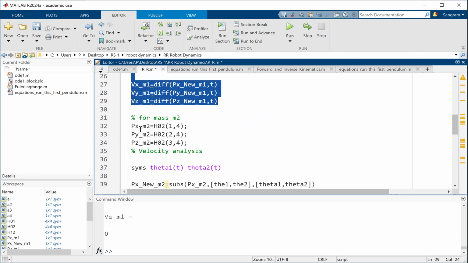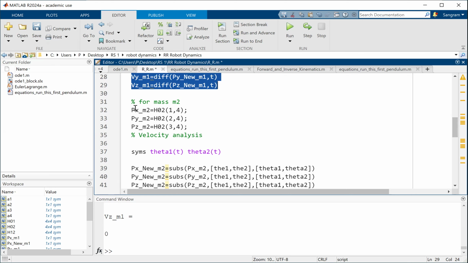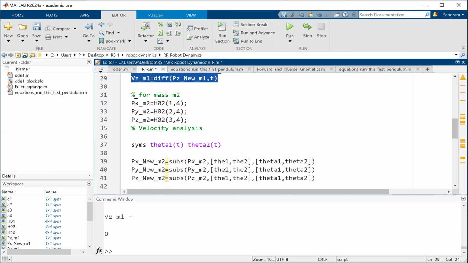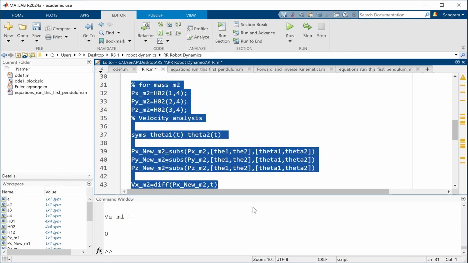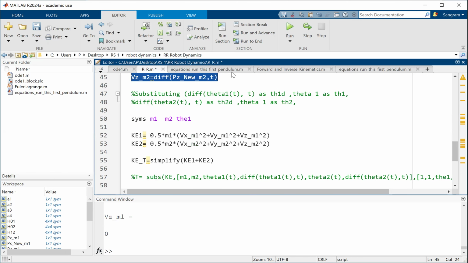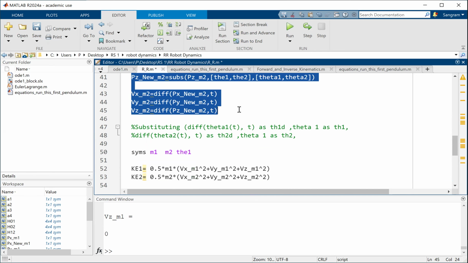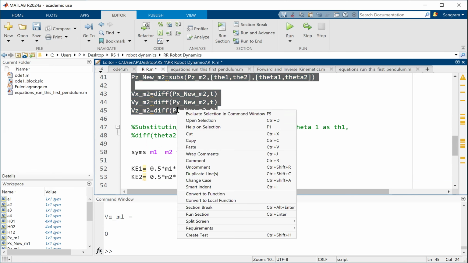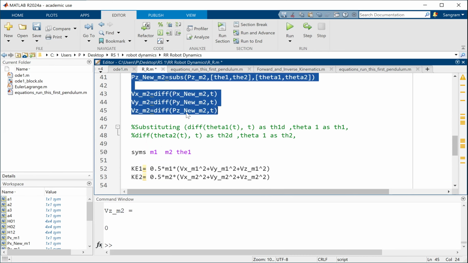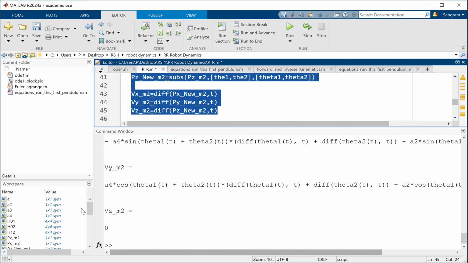Okay, next thing, you have to repeat the same process for mass 2. Did I make any mistakes here? Px M2 H24, Py M2 H224, Pz M2 H234, and now I have this equation. So now you will see that I got this long expression